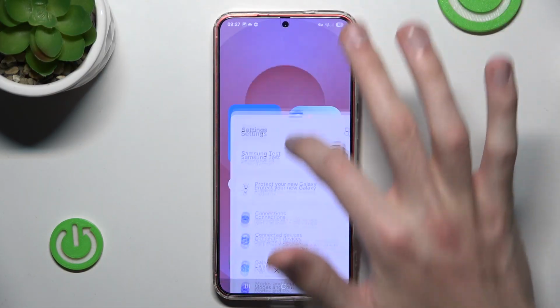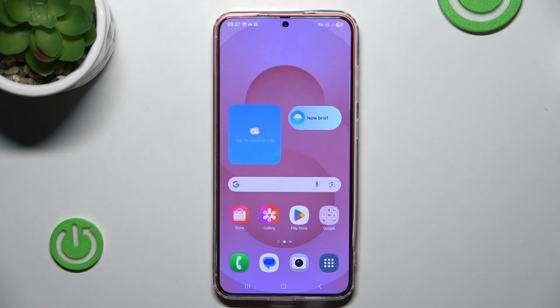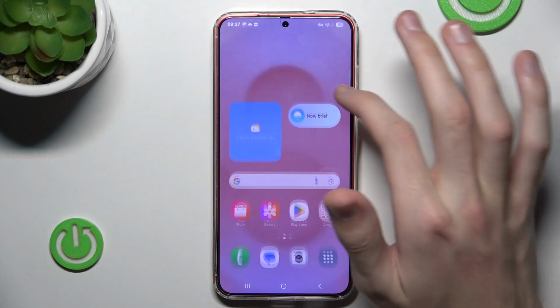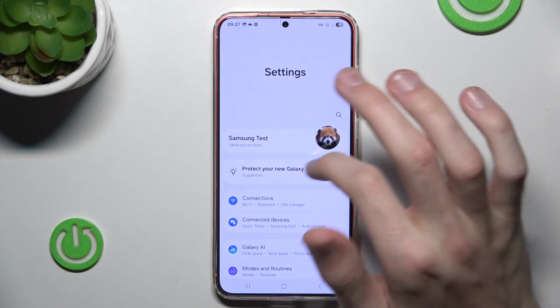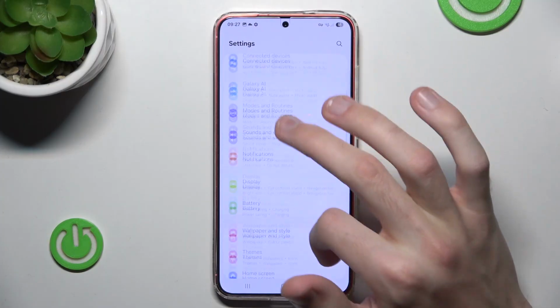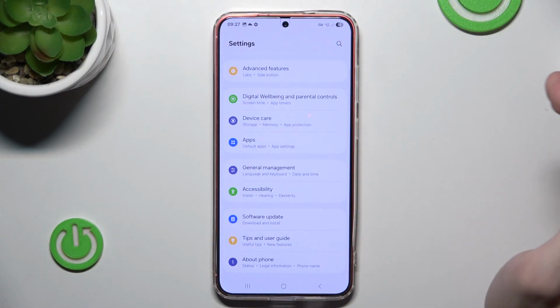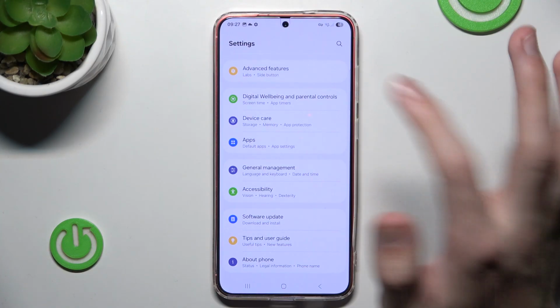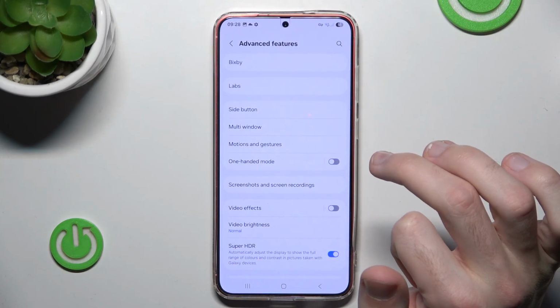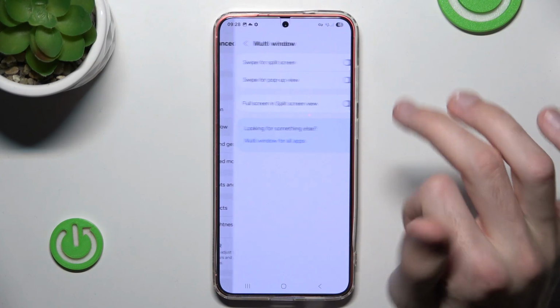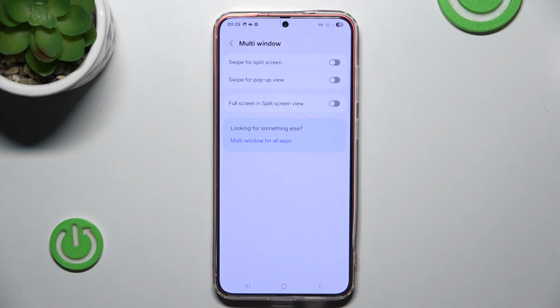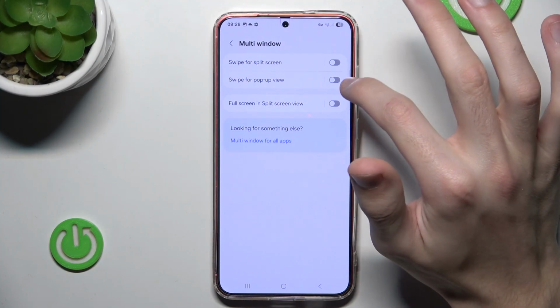However, there is also another way to do it, and that is by using a gesture, but I don't think it is enabled by default. So we simply go into settings, scroll all the way down, and go to advanced features. And here we can see multi-window, and as you can see we have disabled the option, so we simply enable